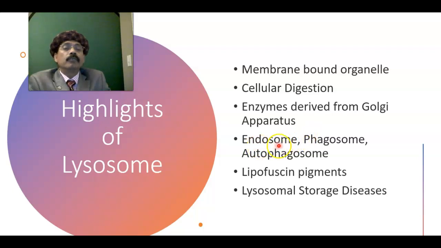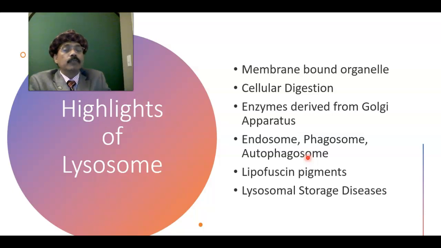So endosome, on the cell surface, contains receptors that are internalized and form a cavity called endosome that will unite with the primary lysosome to form the secondary lysosome. Phagosomes are large particles, debris or microbes picked up from the cell by a membrane, which will also come in contact with the primary lysosome and form the secondary lysosome. Like that of autophagosome, it may be an organelle of the cell itself. So some of those are digested